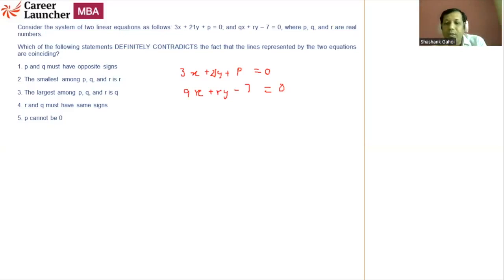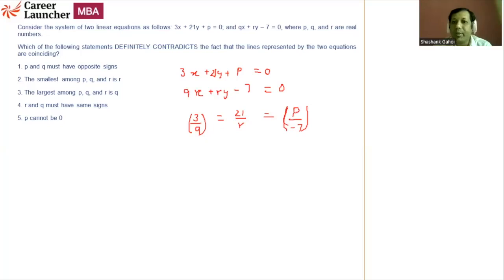Okay, so it means we are talking about the same equation. Whenever we have this kind of equation, we have a standard rule that a1 upon a2 is equal to b1 upon b2 is equal to c1 upon c2. Now, if we see 3 upon q, if q is positive, so overall value becomes positive. In that case, this value will also be positive. So if this value has to be positive, it means p should be negative.